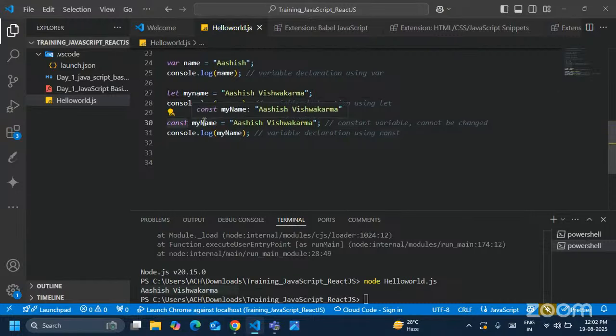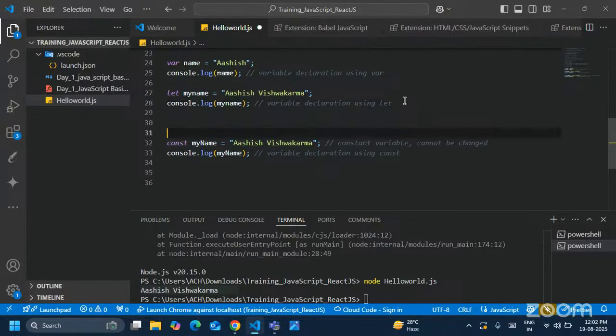So what is the full form of const? Const is nothing, it is just a constant. इसकी वैल्यू हम लोग चेंज नहीं कर सकते हैं। A constant is a variable whose value cannot be changed once it is assigned। तो हम लोगों ने अगर एक बार const की वैल्यू असाइन कर दी है, तो उसको हम लोग चेंज नहीं कर सकते।